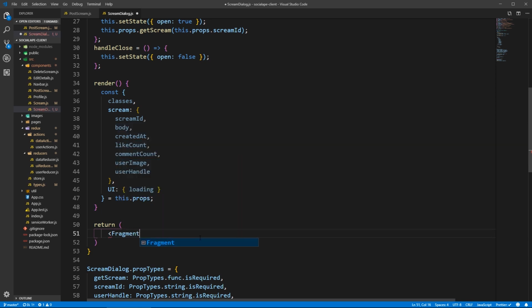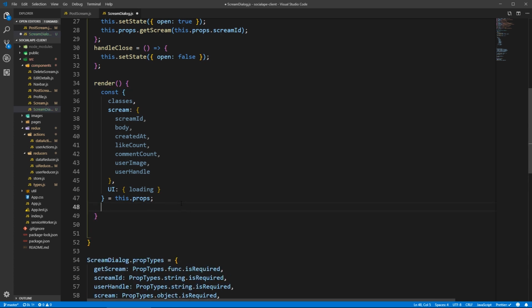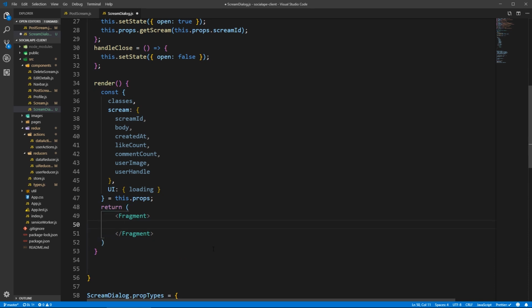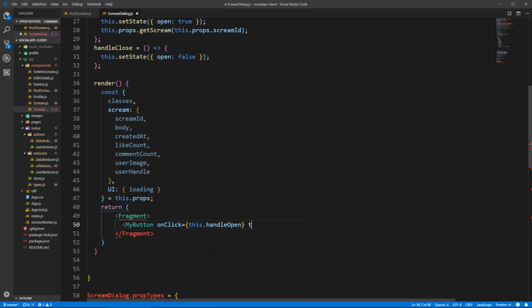a fragment. Oh, why is it not closing? Come on. Fragment. Oh, what am I doing? This is inside the render. So inside the fragment, first thing of course is the button that opens this dialog. So my button, and the on click will be this dot handle open, and the tip will say expand scream,